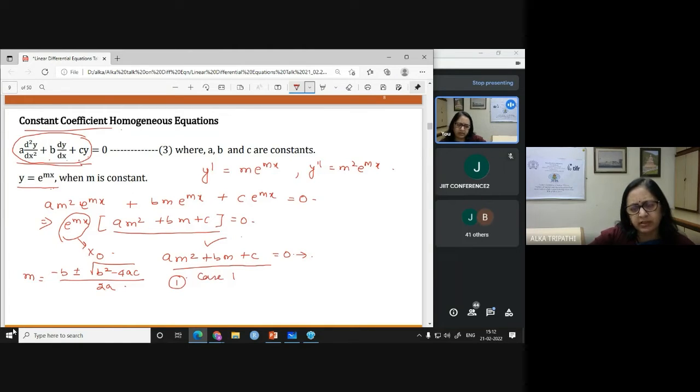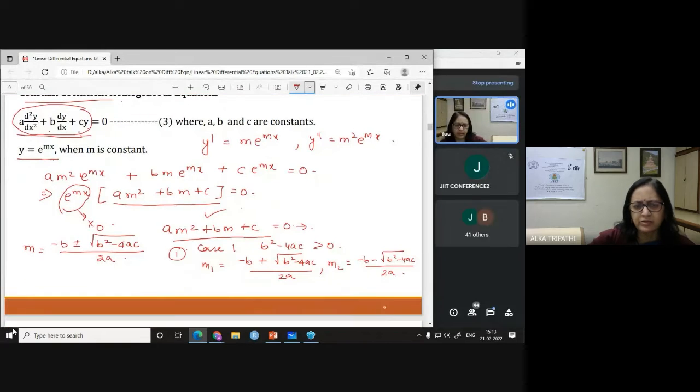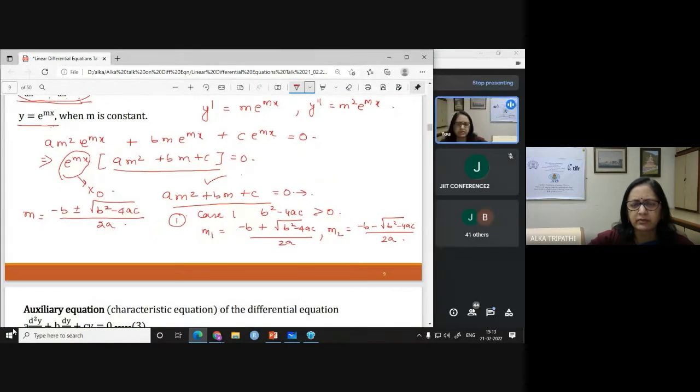Case 1: suppose b square minus 4ac is greater than 0. Then I will have the solutions m1 equal to minus b plus square root of b square minus 4ac by 2a, m2 equal to minus b minus square root of b square minus 4ac by 2a. And as you can see, both the solutions are